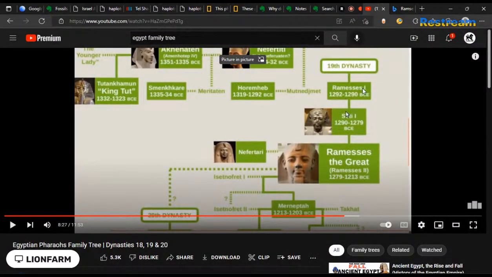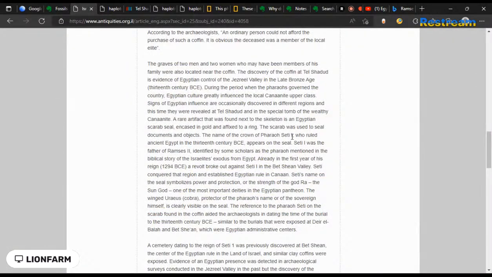Because we need to start finding pinpoints of this family line. If we cannot find Ramses the First, and we cannot find Ramses the Second, if we can find the son of Ramses the First and the father of Ramses the Second, then we can find out what's going on with this line here. We can get a good understanding of what's going on there. So right here, the scarab was used to seal documents. Seti the First was the father of Ramses